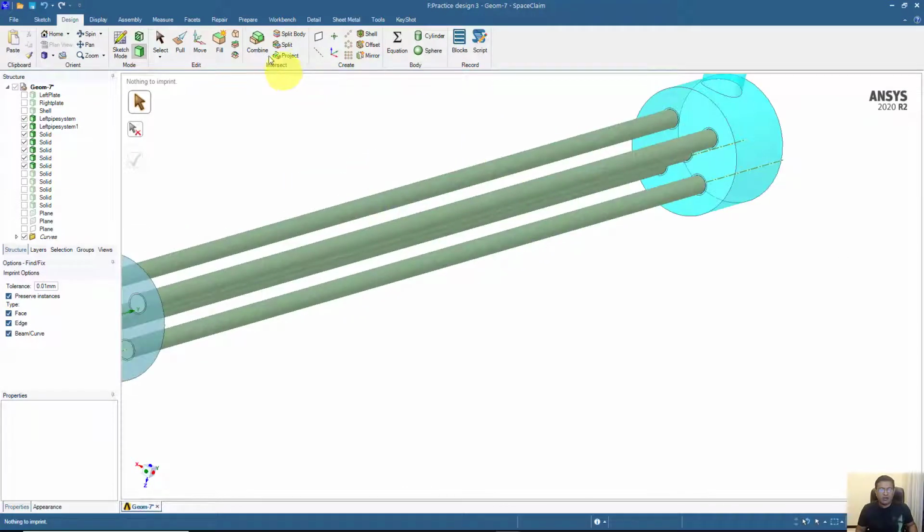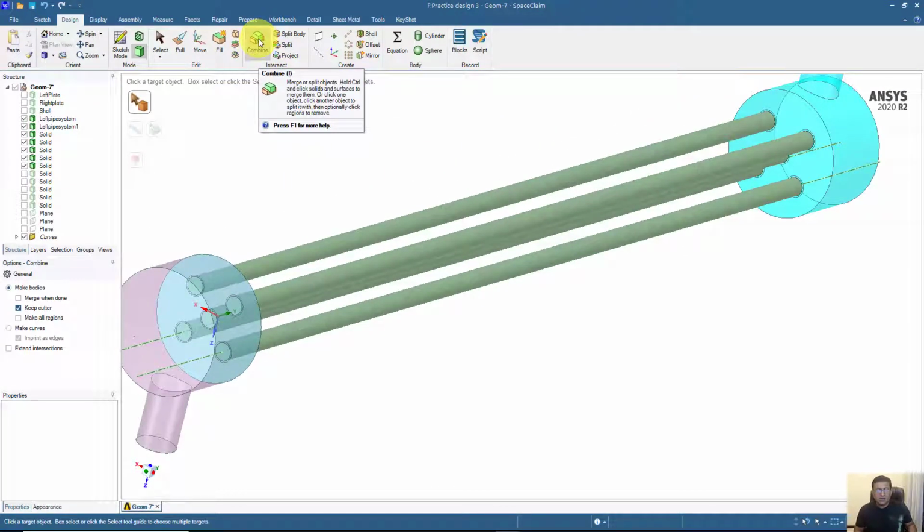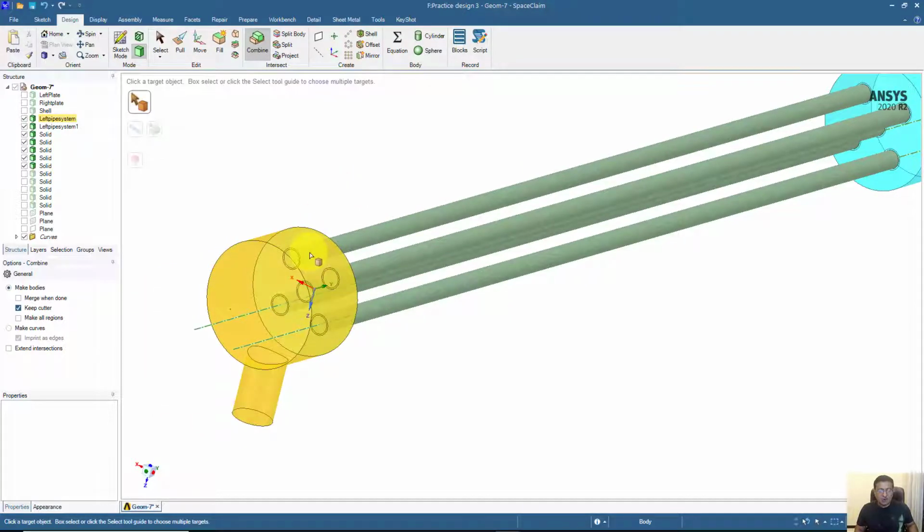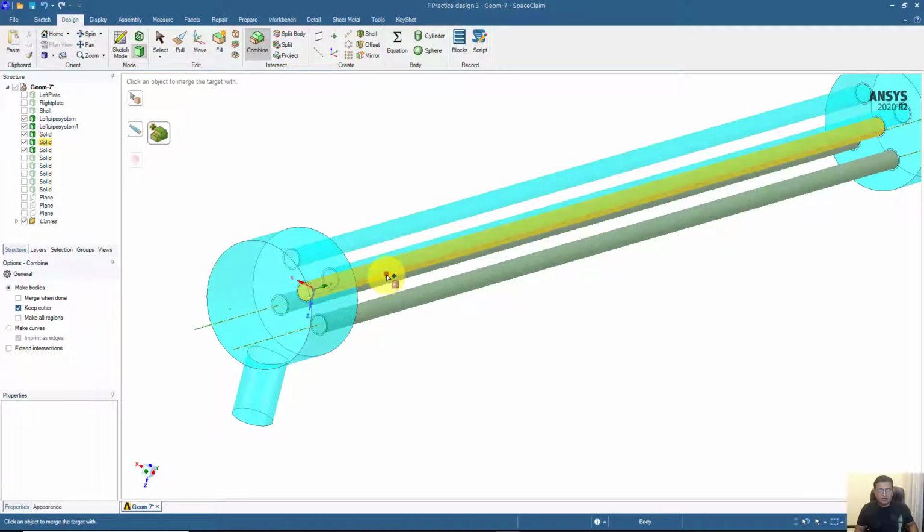We simply combine them. For combining, the operation is same, that is a combine command, but for the combining means to join them, we have to press the control key while we select these bodies. So instead of using the one body and then cutter, just use the control key. Just hold down your control key. So press the first, then press the control key. So you can see this option is enabled, and this option is used to merge the bodies or to combine the body. That is to unite these all bodies. So first, second, third,